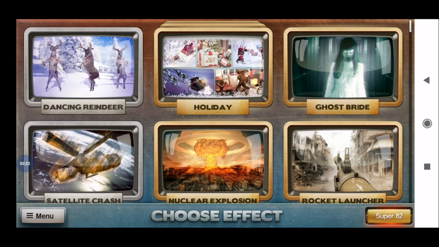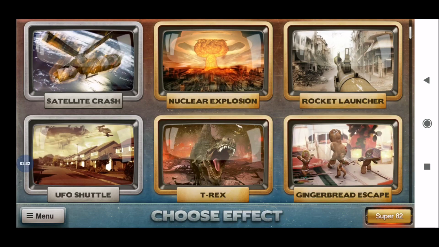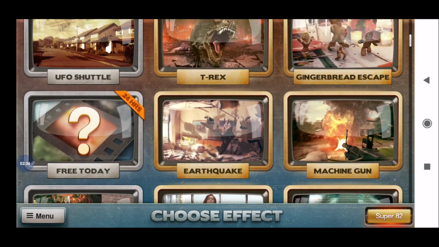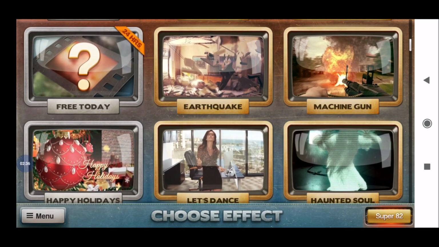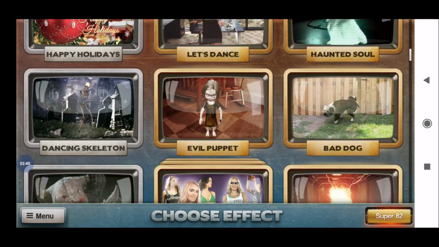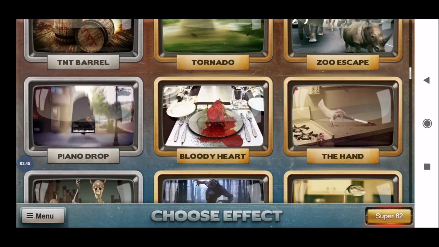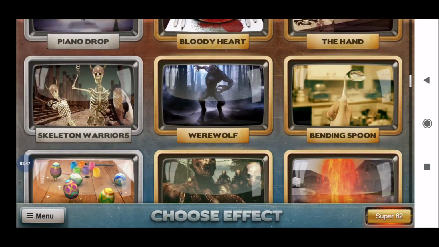One thing I would like to remind you. Actually, it is a paid application. Most of the applications are paid ones. When we are paying, they will give a lot of colorful animations. Just look at this: earthquake, machine gun, console, dog, lots of animated images or videos, 3D videos are here.